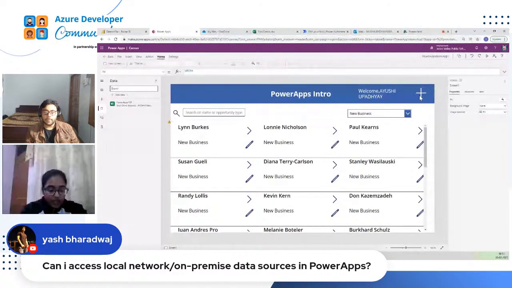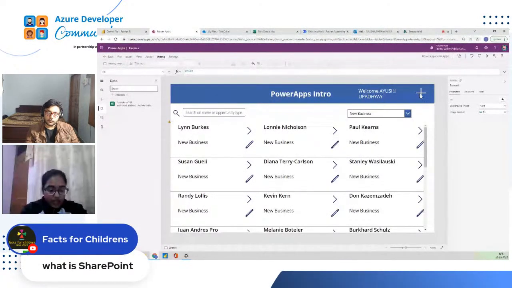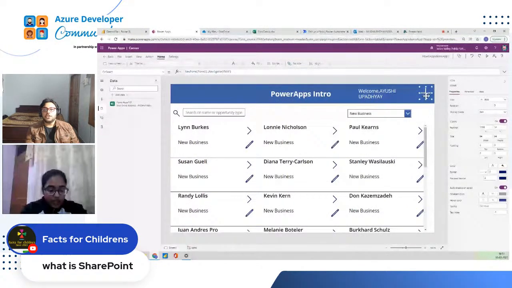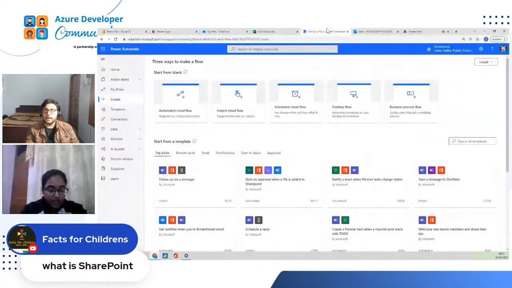Okay. So the next question is by Facts for Children. What is SharePoint? SharePoint basically is a cross-platform solution inside our entire organization, where we can store our files. You can take an example of Google Drive. What does Google Drive do? It basically stores your own data. But what if you want to share the data with members of your team? For that, SharePoint is a library that can contain multiple files and folders that are meant to be shared with